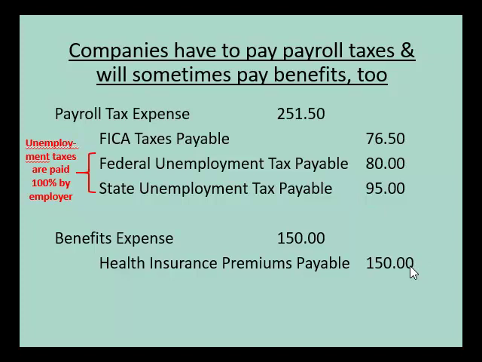So the third entry that companies need to make related to payroll is for benefits. If a company helps employees by paying part of a health insurance premium or dental premium or whatever, that amount that the company pays for the benefits gets debited